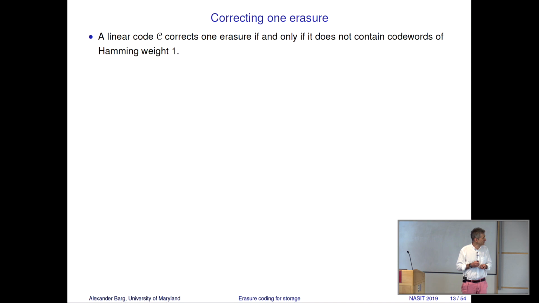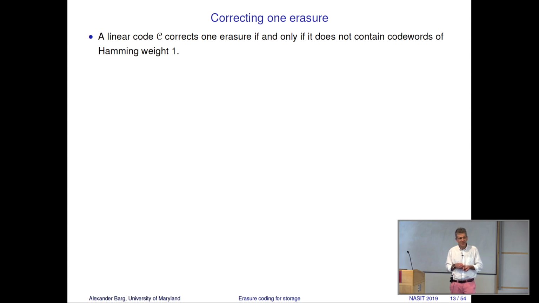All right, so let us go back to the very basic question of correcting just one erased coordinate. Very basic coding solutions say that, well, pretty much any decent code will correct a single erasure, right? This is what we are discussing. One storage node has failed. We spread the coordinates across the storage nodes, and a failure of the node amounts to having introduced one erasure into the encoding. And this is the condition when a code corrects one erasure.